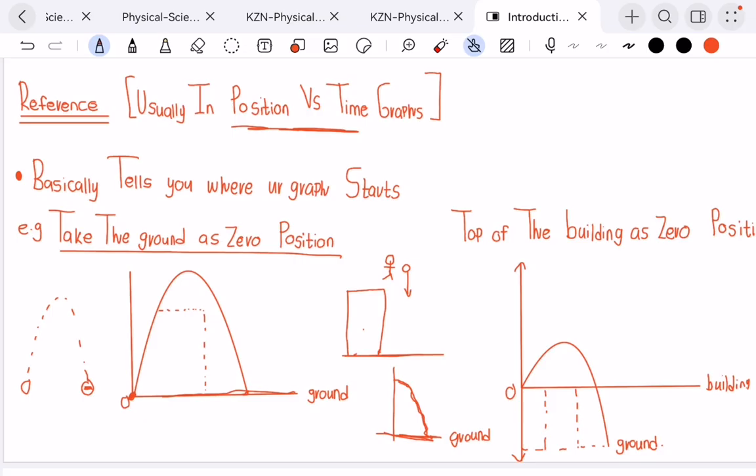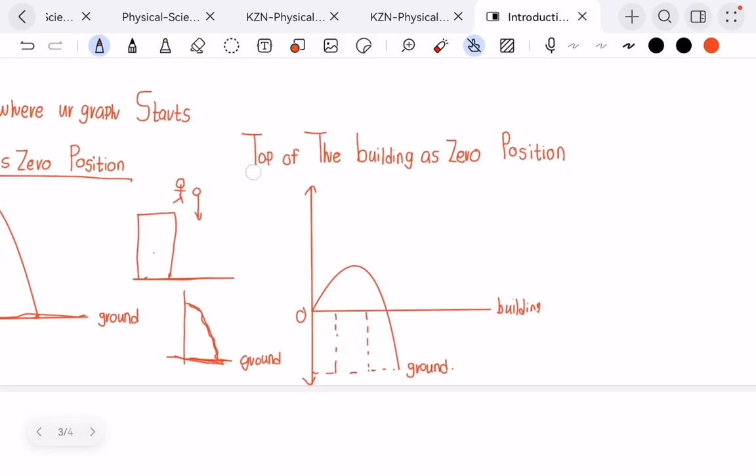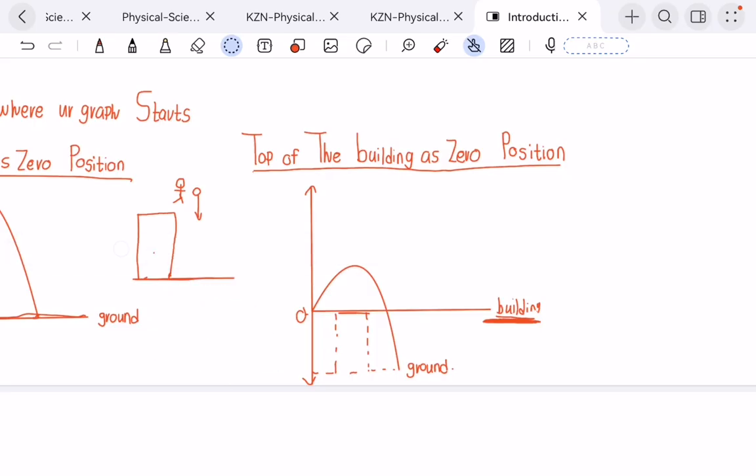So they're basically telling you how your graph should look, right? When they say take the top of the building as a zero position, you do the same thing. You put the top of the building at your zero position, which is on the y-axis. So this is my zero position, this is my building. For this case, you can see that now our graph is going to look more like this,